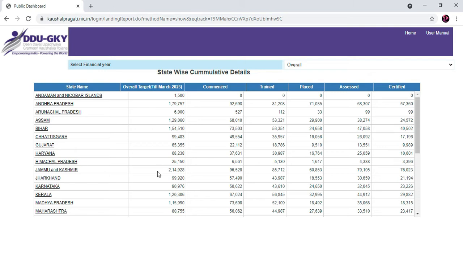As you can see, now there are many states here. Whatever state your PIA is registered in, where your center is, you can directly click on that state. So say for example Assam. If your PIA is in the Assam state, please click the Assam link here, and then you will be taken to a different page.